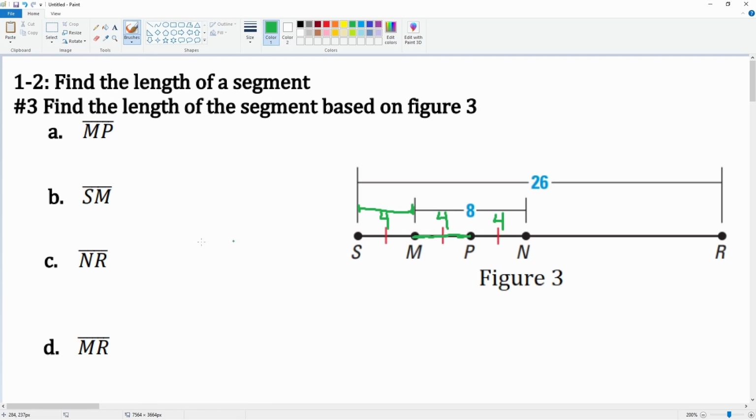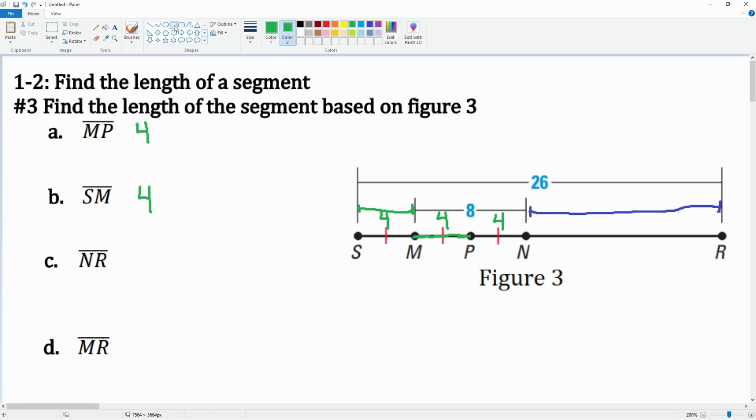They're all congruent. So line segment MP is 4. And we also see that it has that red hash here, which indicates that that's also the same. So that's also 4. Let's now look at NR. NR is this piece that is left over. Okay. So if you see this part here